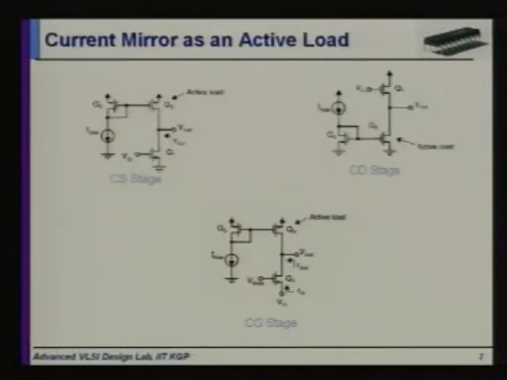Now, though, for the limitation, we cannot use that as a current source from the biasing point of view, but we can use them as an active load, because in the case of an active load the accuracy factor is not so important. So these are the three main single stage amplifiers, CS, CD and CG, where we are using this type of current source as a current mirror as an active load, where we are seeing that in this CS stage we are connecting this current mirror at the drain.